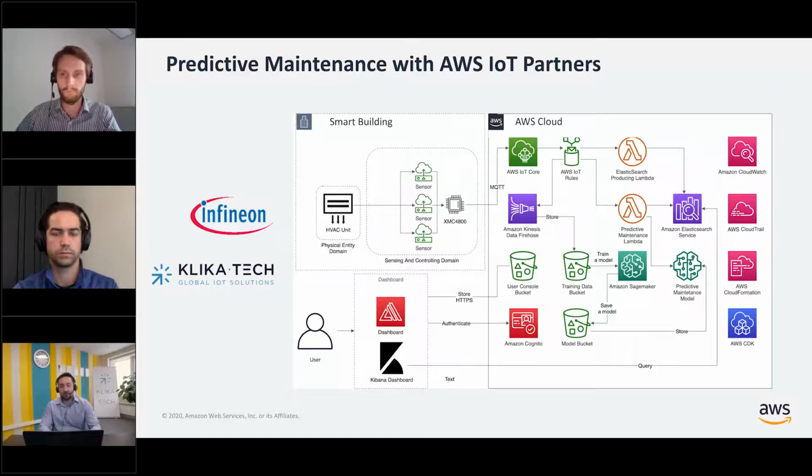After the training of this model, we can utilize it for inference. We can predict, for example, which component of the HVACR system will fail in the near future, or when a specific component will fail. This can be done with the help of supervised machine learning models, specially tuned for predictive maintenance use cases. That being said, I would like to hand over to Manuel to tell us more about the